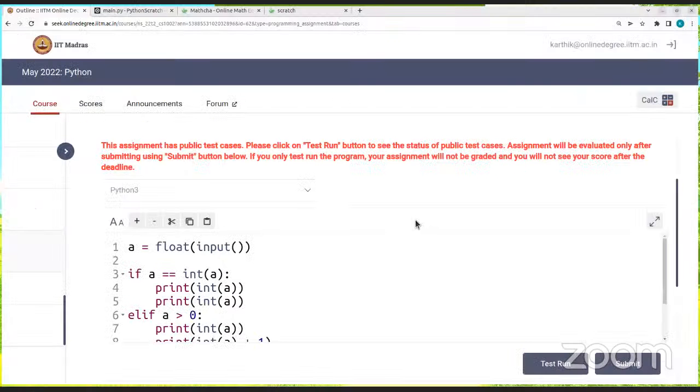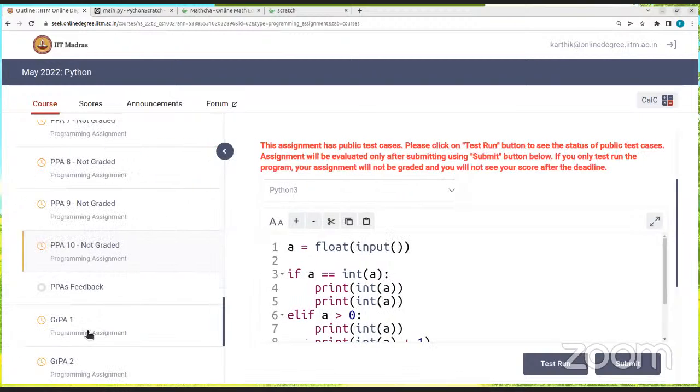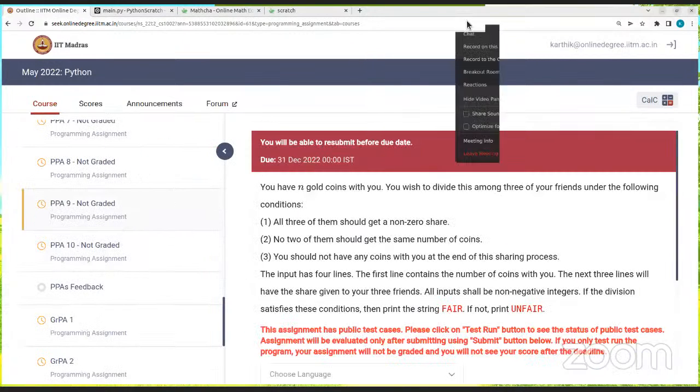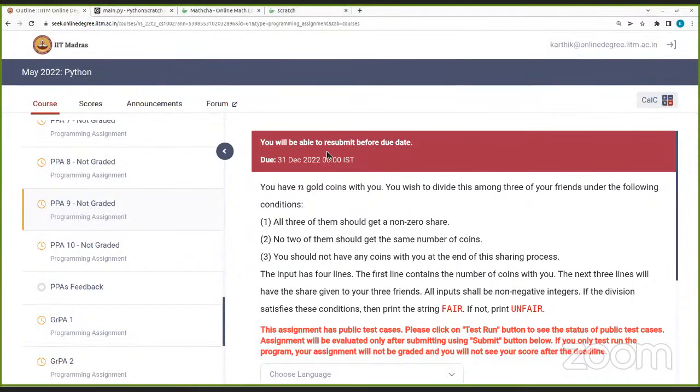Sir, I have solved the previous one. There is a small error which I am not able to find. One test is not being passed. Shall I share my screen now, or will you ask me to wait? Maybe with the previous problem, is it PPA 9? Yes. Can you paste your code? I pasted it, sir has corrected, but one small error still comes. Okay, can you paste it again? We can take a look at it.